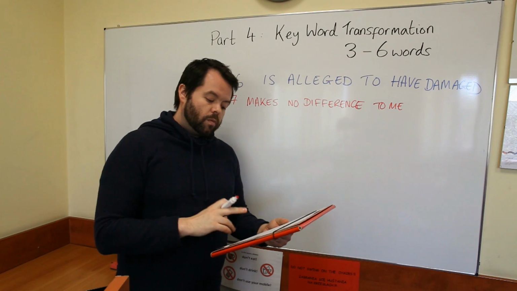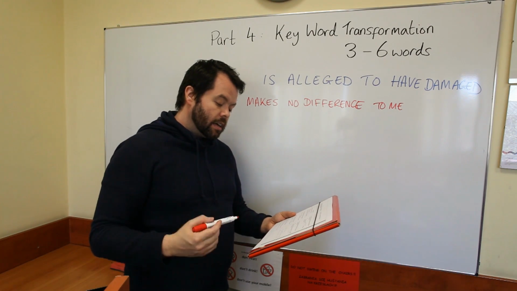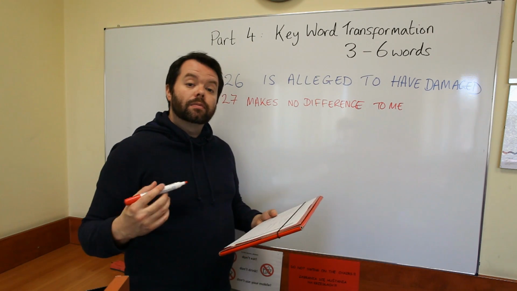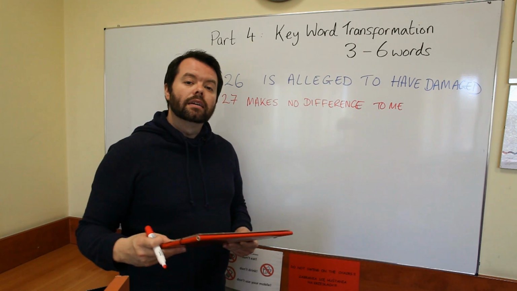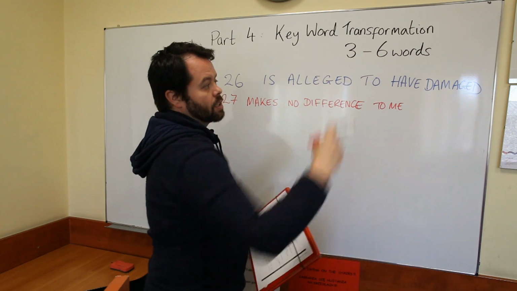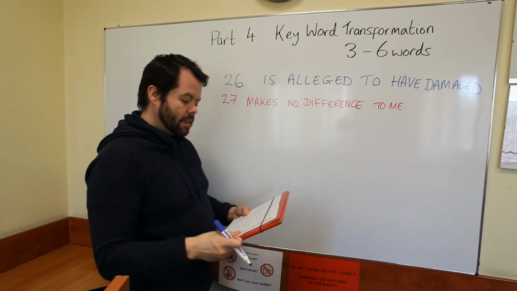Now, another way of changing this that would work grammatically is it really doesn't make a difference to me. But if you add those words up, that comes to 7, and that's too many. So we need to keep to the rules. 1, 2, 3, 4, 5. We're inside the 6-word limit. For number 28,